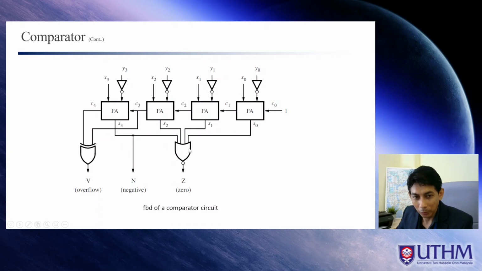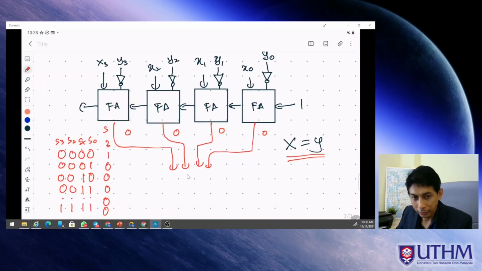No, no, no, no. What is the gate here? Come on, Zaim. Check. This is a NOR gate. No, not all. All right, so the answer is no. A NOR gate